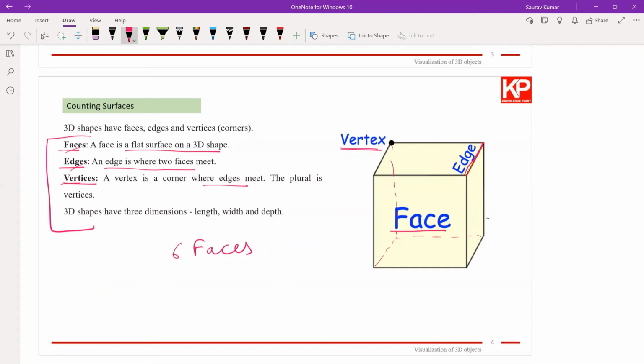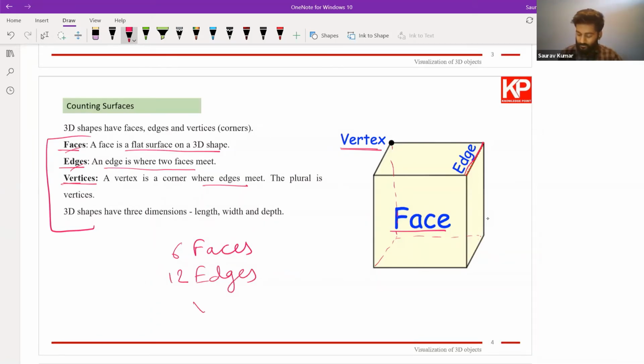Sir, 20? No, no. Take your time and count properly. 5, 6, 7... 12. Sir, 12. Okay, so you have answered that the edges would be 12, and then we have the